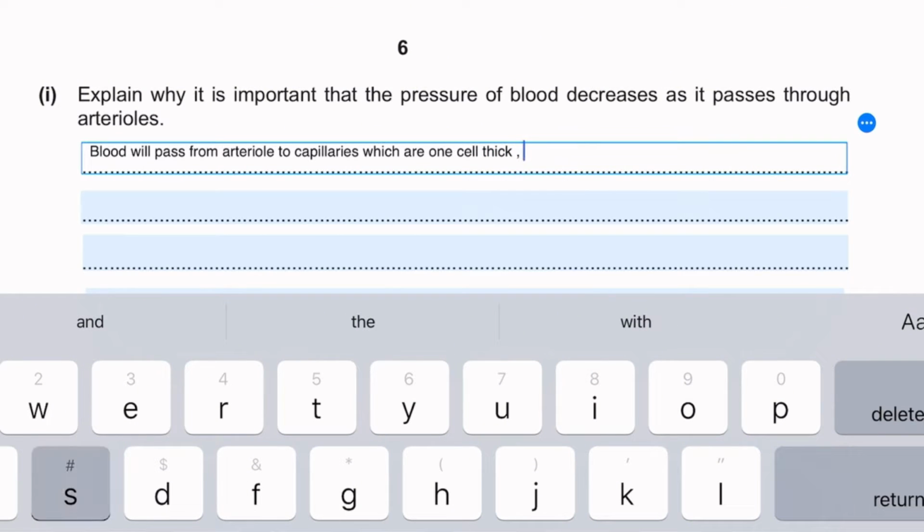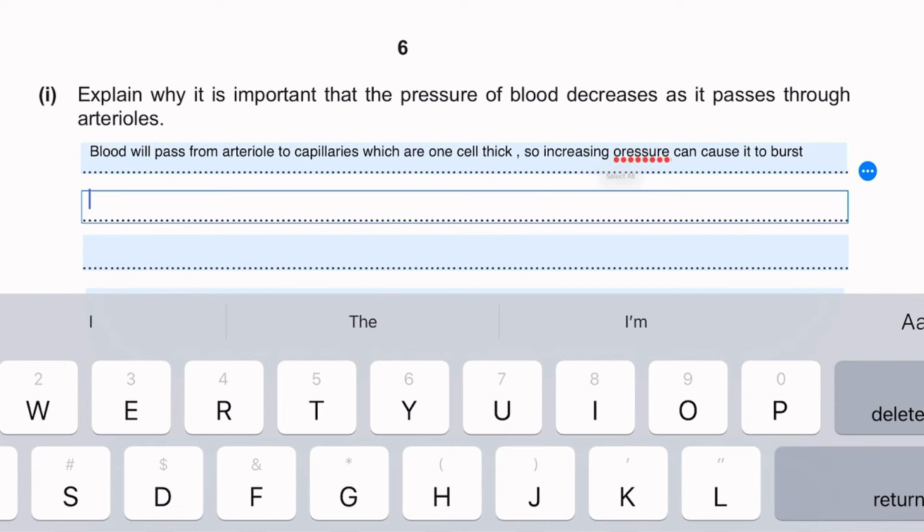And so increasing pressure can cause it to burst. And then you could talk here about how increasing pressure can cause it to burst, and if that were to happen, then this also means